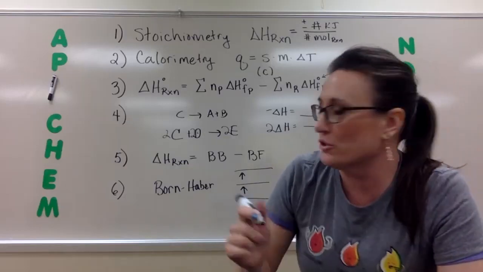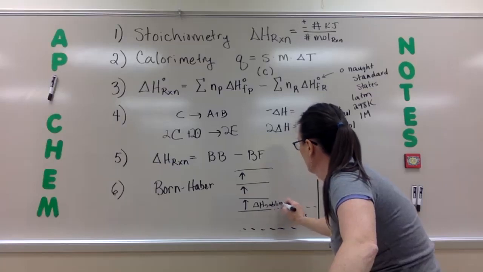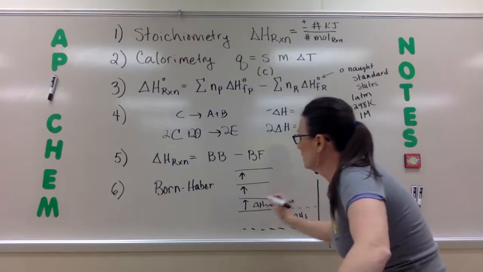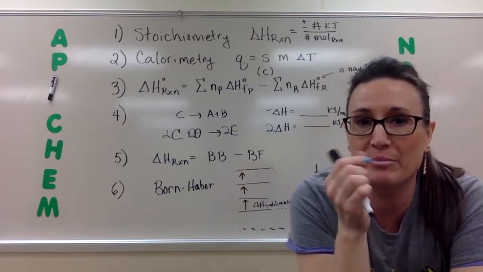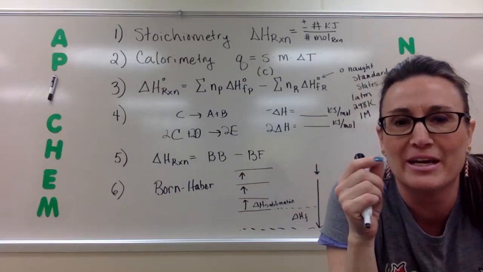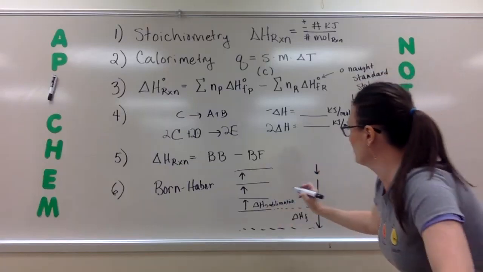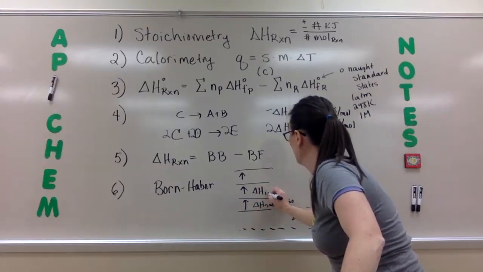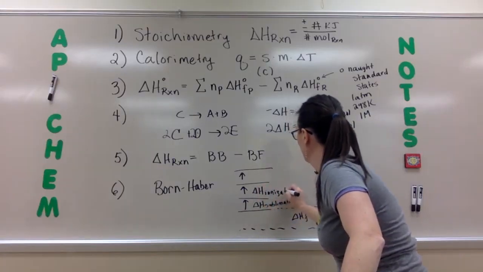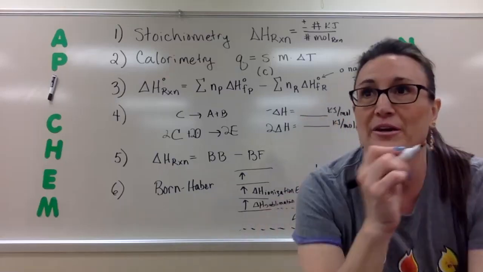So here we go. Each stage would be, I always call it the heat of sublimation. So it would be taking an element that's not a gas and turning it into a gas. On the IB chemistry test, I know it's called atomization. Then the next one is going to be the heat of, I guess I'm going to call it ionization energy. So that's going to be the energy